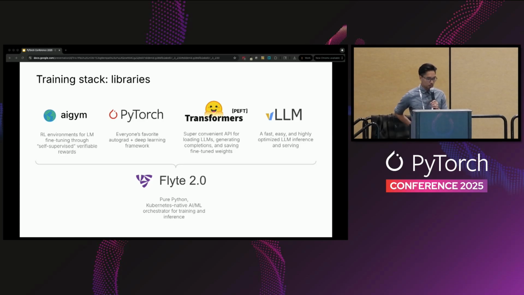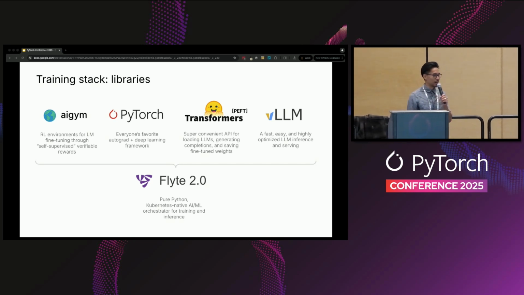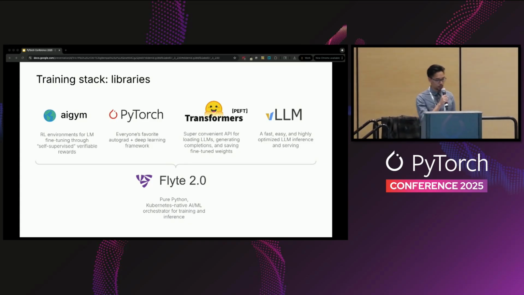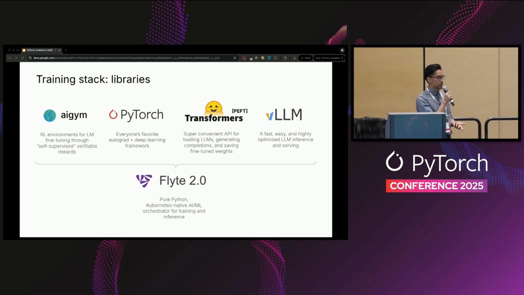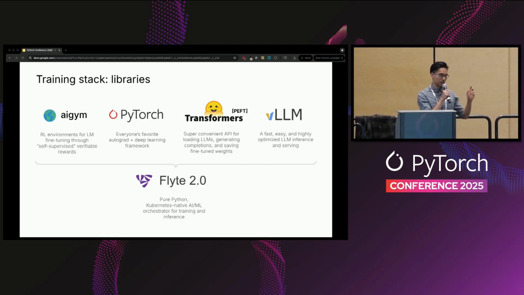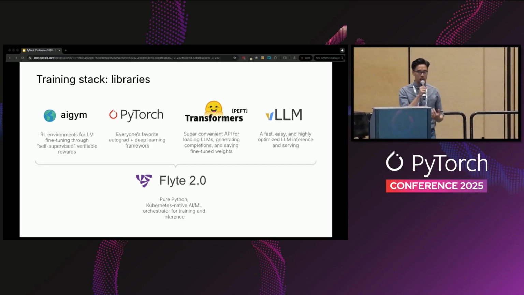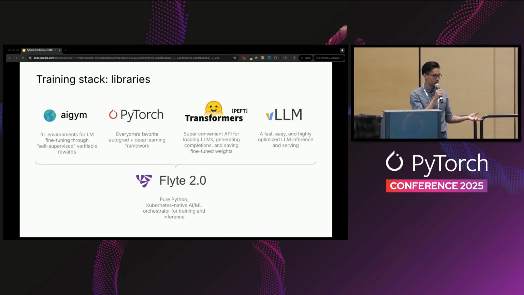So from an implementation practical perspective, because I work at Union and we maintain Flight and I get free GPUs from that, I use Flight as the underlying platform to orchestrate all of this. Think of Flight as kind of Ray with a few differences where the devil's in the details. Actually, a lot of people use Flight and Ray concurrently. And I'm actively developing a library called AI Gym where I'm just testing out these ideas, right? So it's an early project. I'm just testing out this Wikipedia as a graph maze idea, but hopefully, and I'll mention the goals later, that these can generalize across arbitrary graph structures.